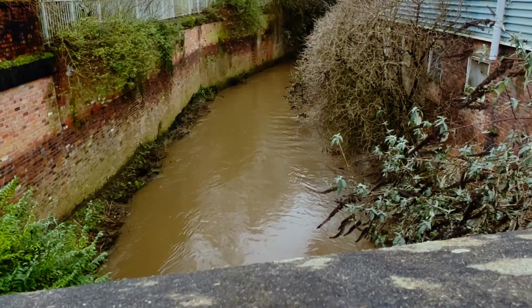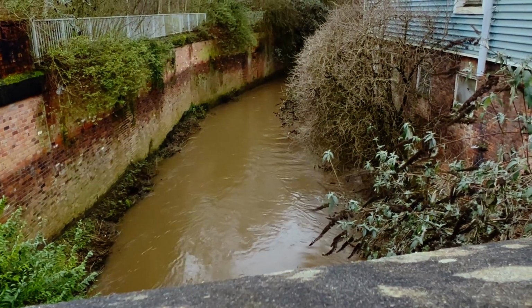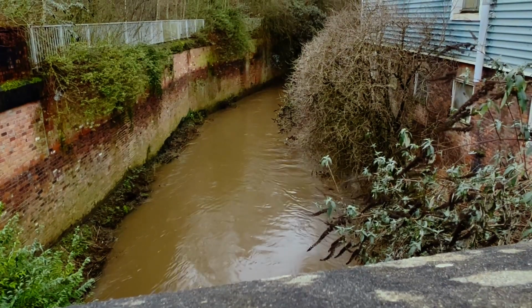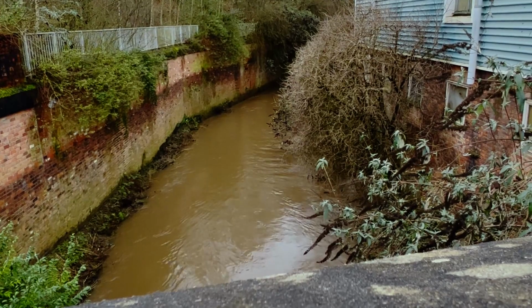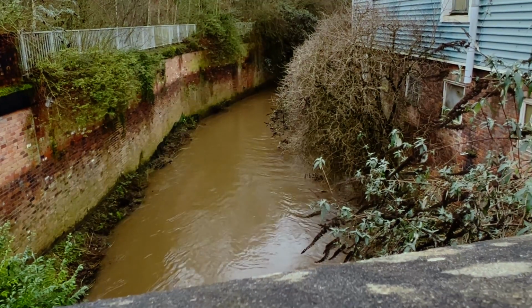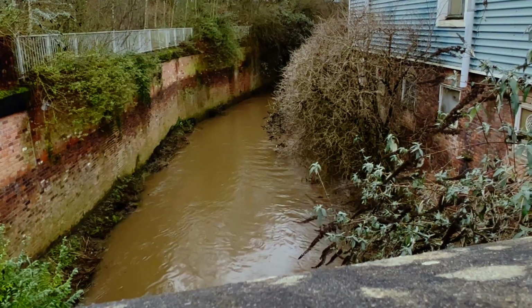I'm guessing where the mill drew its water from. This is the River Medlock, and it doesn't look a very clean one, but if you want a bit more information about the history of this river, go check out Martin Zero's channel. He does all sorts of things. He did a whole series of videos about the River Medlock,